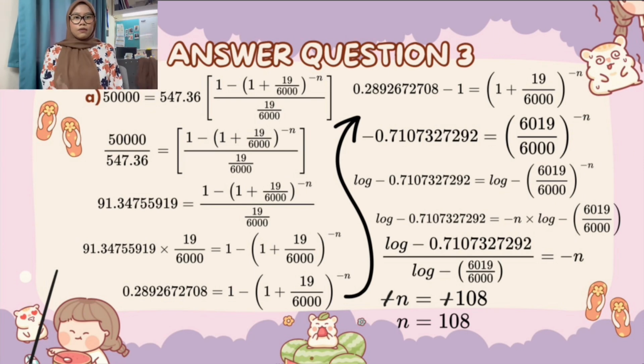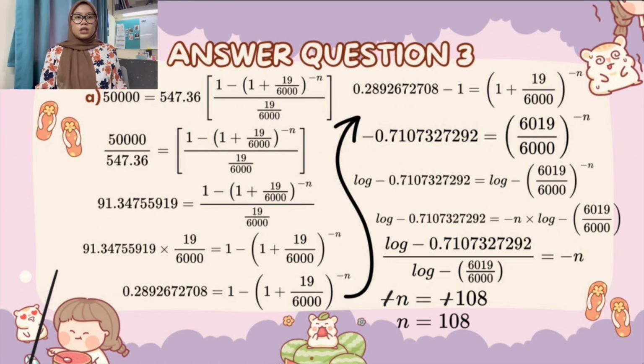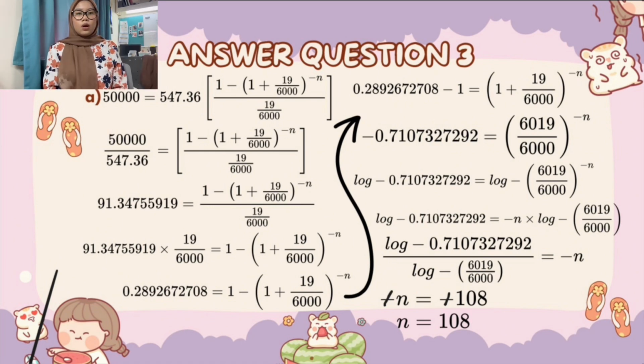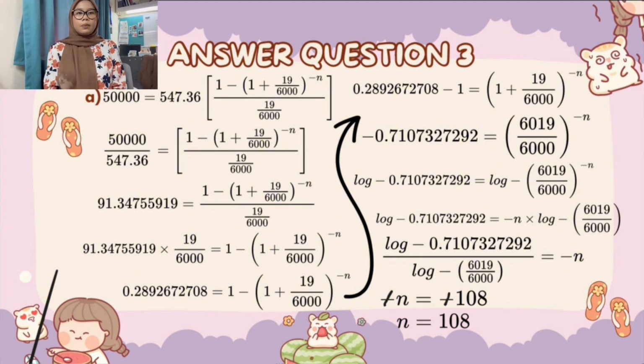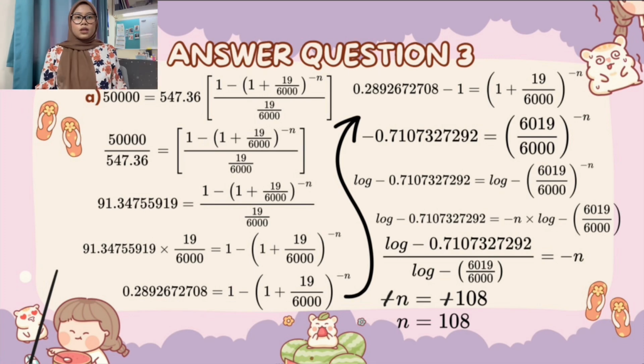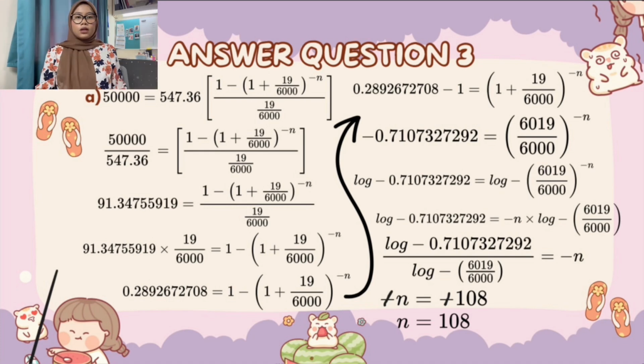Use the formula of A equals R in bracket 1 minus in bracket 1 plus I close bracket to the power of negative n per I close bracket. 50,000 equals 547.36 cents in bracket 1 minus in bracket 1 plus 19 per 6,000 close bracket to the power of negative n per 19 per 6,000 close bracket. Then we need to move the 547.36 to the left. It becomes 50,000 per 547.36 cents. The answer for that is